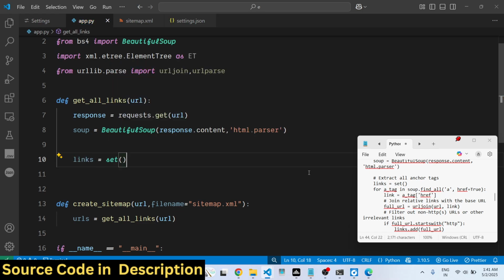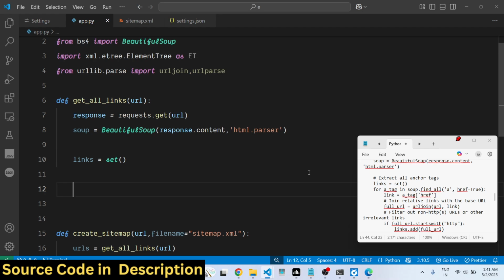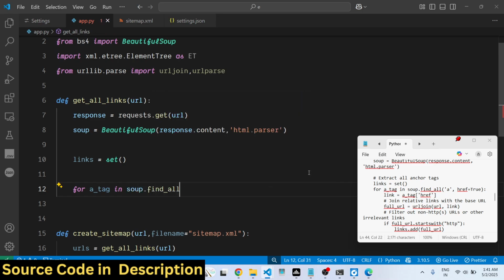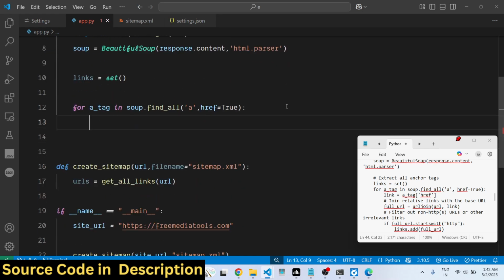For this we'll be creating a new set, and we'll be using a simple for loop. Here we are finding all the anchor tags. We are using this find_all method inside BeautifulSoup, and we are searching for the a tag,